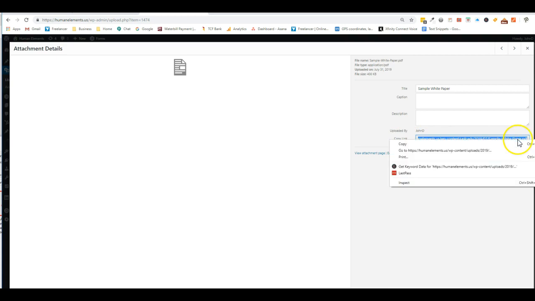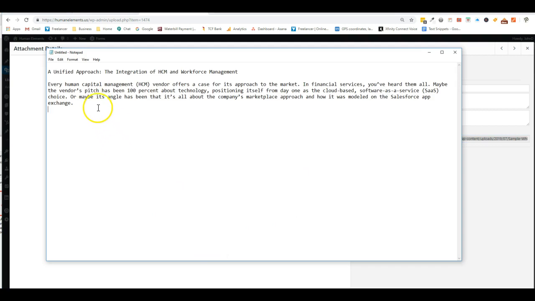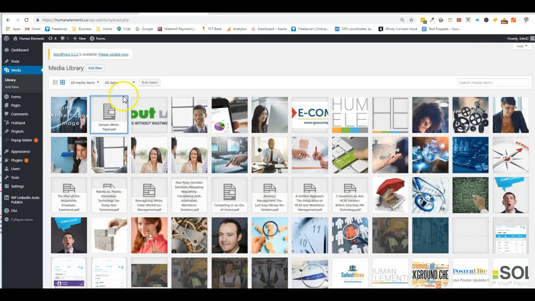Select the whole text of the link, copy it, and then we want to paste that also into our text editor because we're going to need that later. Okay, once we get that URL, we can close this attachment and we can go back to the front end of our website